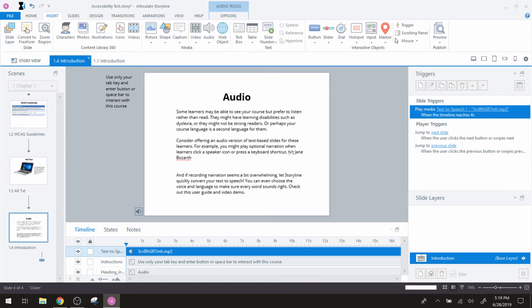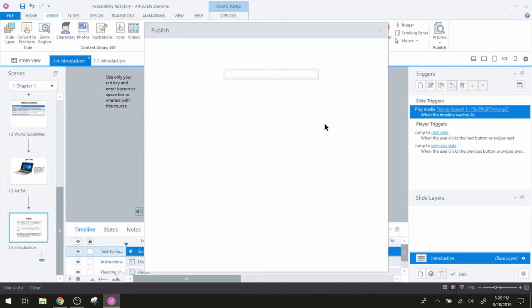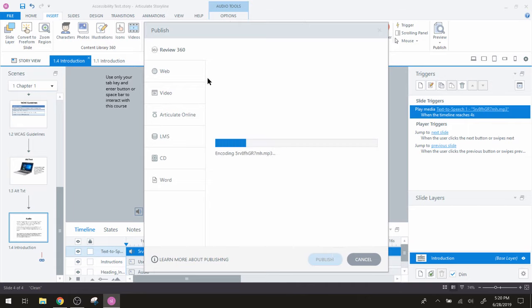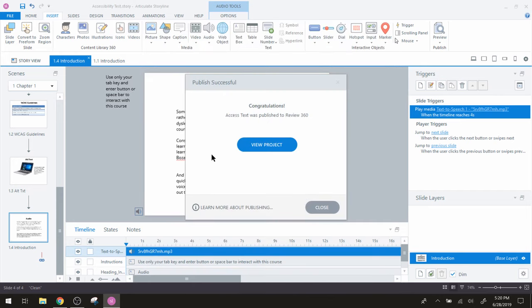So I'm going to save, and then let's just go ahead and publish this guy. As soon as it's done publishing, I'm going to save this and close it down. We're just going to focus on running through this thing with NVDA for a few minutes, and then I'm going to get out of it, and then we'll come back and we'll talk about